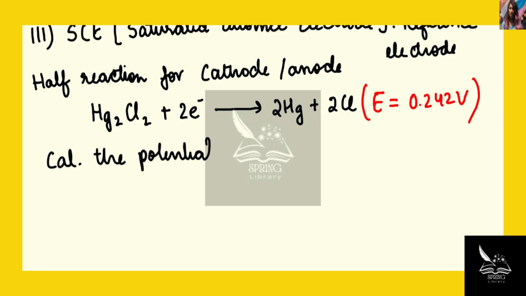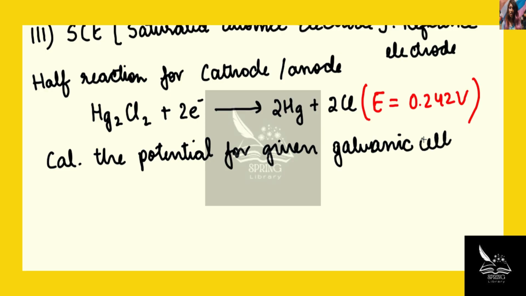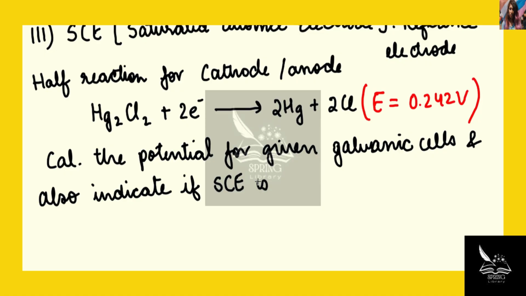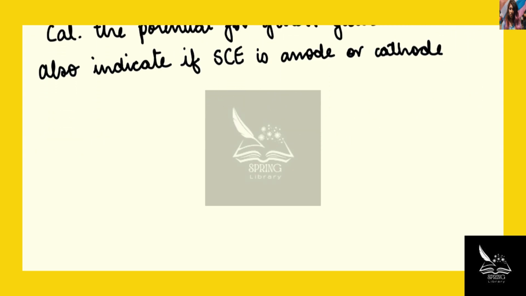Okay, so now what we have to do is calculate the potential for the given galvanic cell and also indicate if SCE is anode or cathode. Okay, so before we start, what we need to know is that